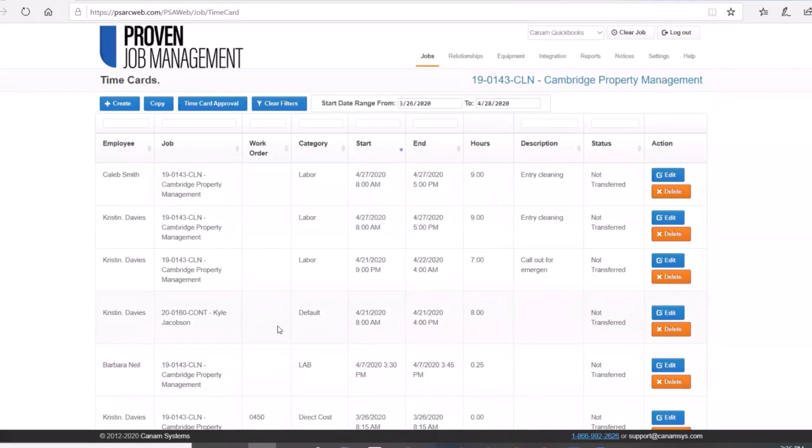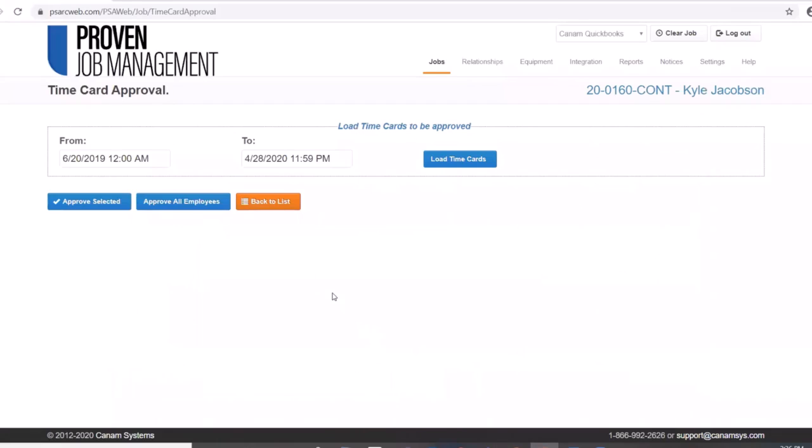Next, I want to talk about the approvals. So I'm going to come over into another screen. I am logged in this database as a PM. And you'll notice that my date from is back in June. And what that's telling me is that I have time cards that I need to approve going all the way back to June. The "to" date will automatically be the current date